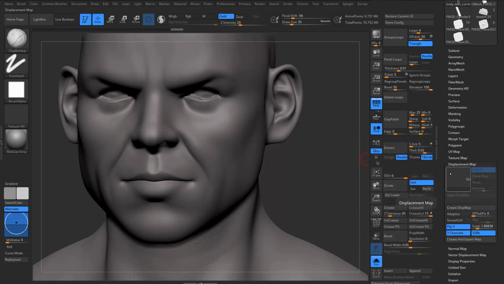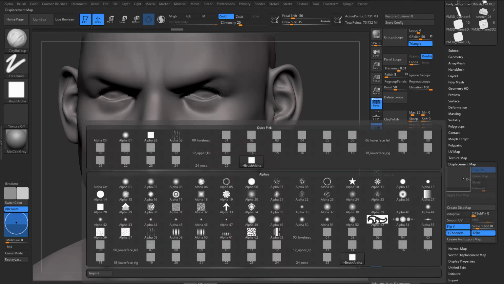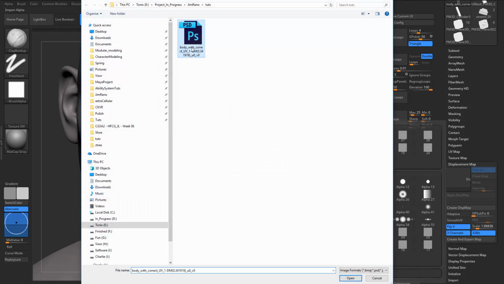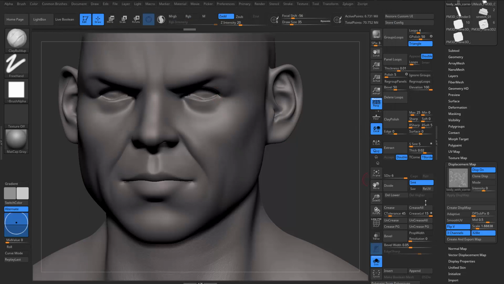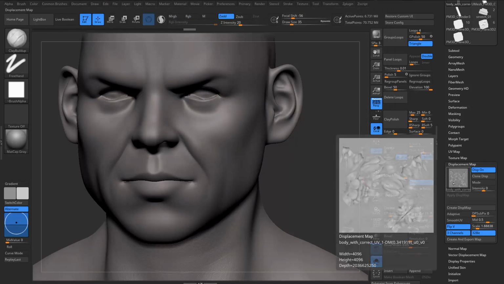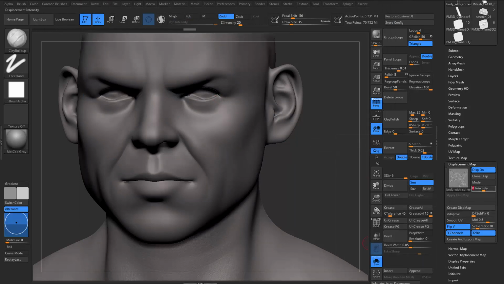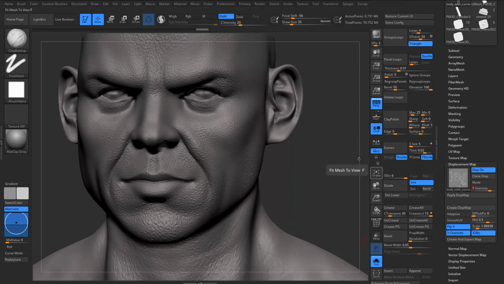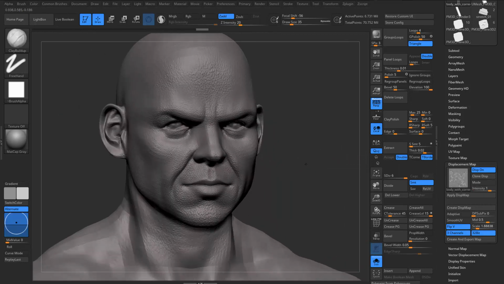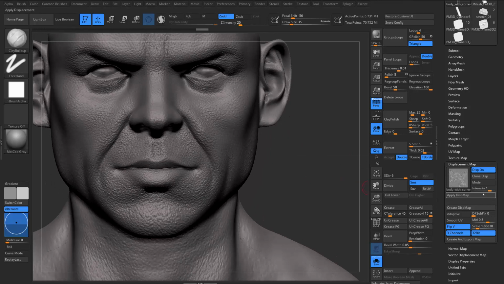And then you go to displacement map and grab that little big square and then import. And you grab that displacement map we exported. Okay, cool. And then we can change the intensity to 1. And you can see now we're getting that displacement map. It appears to be a little bit too strong, so I'm just going to change that to 0.5